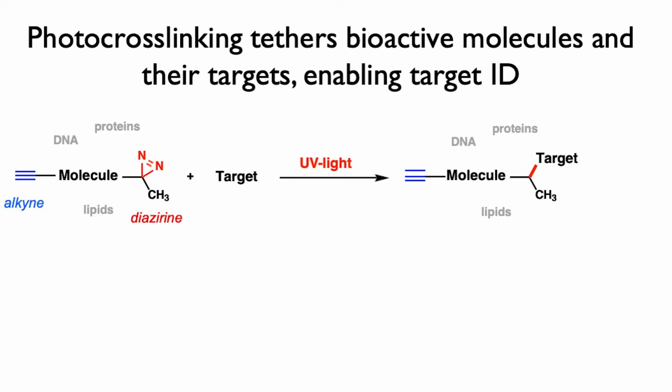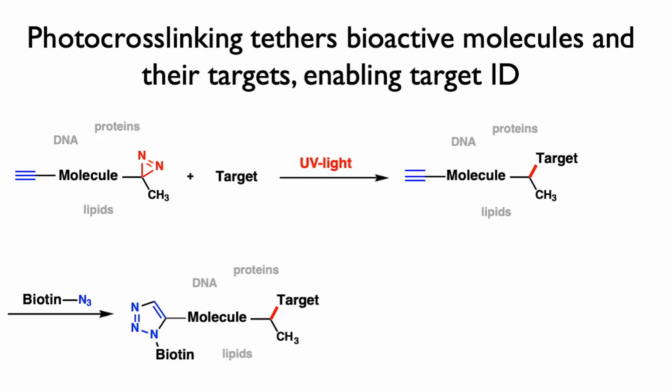So just bringing in here the same step as before, but adding the affinity purification that actually gets us to where we would be able to identify the target. So the molecule forms a tether to its target when you shine the UV light, but you still have all of that other stuff in there that you have to wash away. Sometimes people install biotin at this stage using that alkyne. That's another reaction. You might have seen biotin in other contexts. It's an affinity handle frequently used in biochemistry applications. But we still have all of these things around that we have to get rid of.